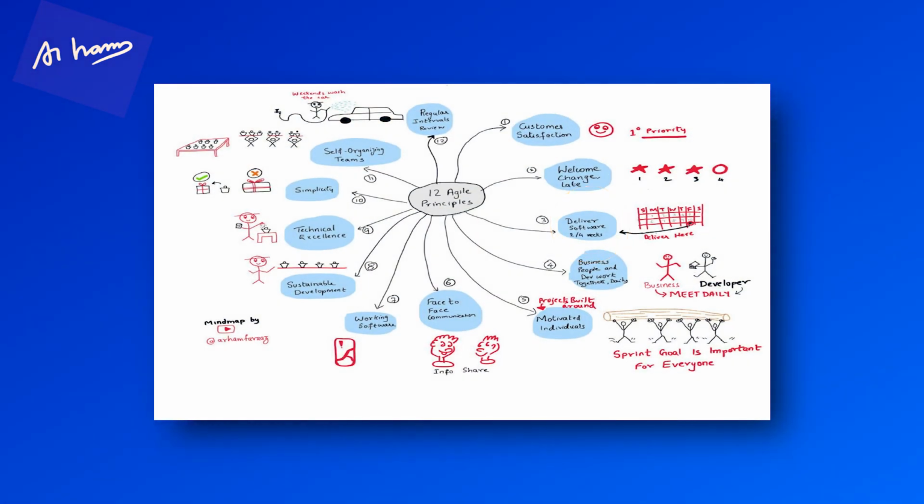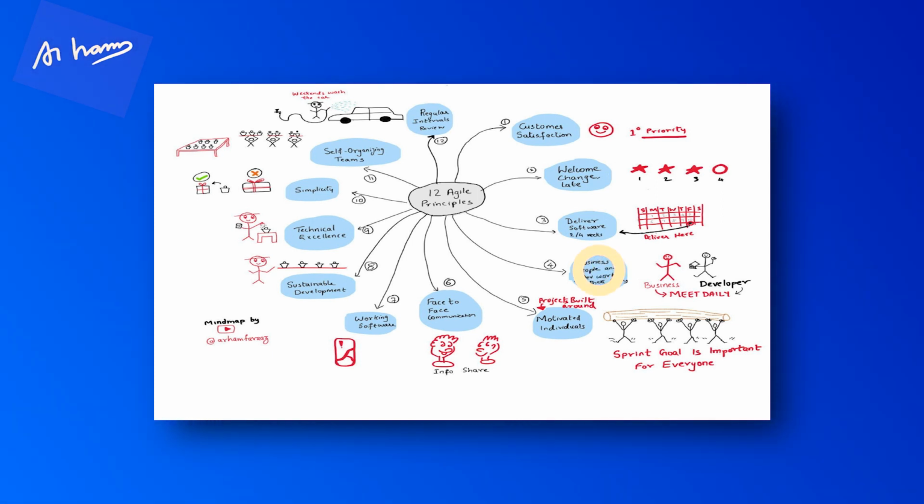That's the second principle. The third principle is that we deliver working software from a duration of 2 weeks to 4 weeks, 10 working days to 20 working days, right? So that's the fast way of delivering software. Earlier, in the traditional way of working, it used to take a long time. We will understand the traditional waterfall and Agile in the next few slides, but just to give an example, Agile means fast delivery. So every 2 weeks, you are delivering some working software to the customer in production.